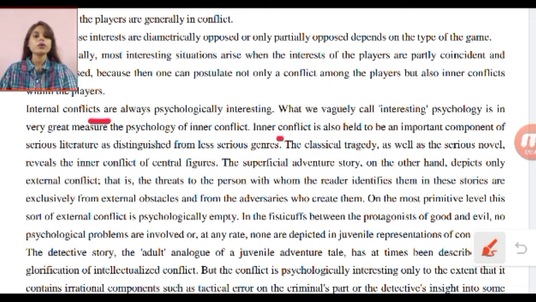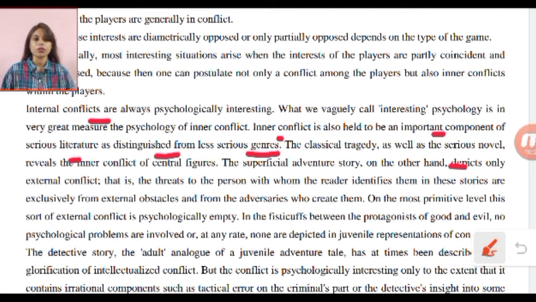Inner conflict is also held to be an important component of serious literature as distinguished from less serious genres. So they are talking about inner conflict as a part of serious literature. It is differentiated from the less serious genres. There are different genres for everything, like in studying and literature, whatever we study or read. There are horror genres, comedy genres, we all know that. So here they are talking about this inner conflict as a part of serious literature, which is quite different from